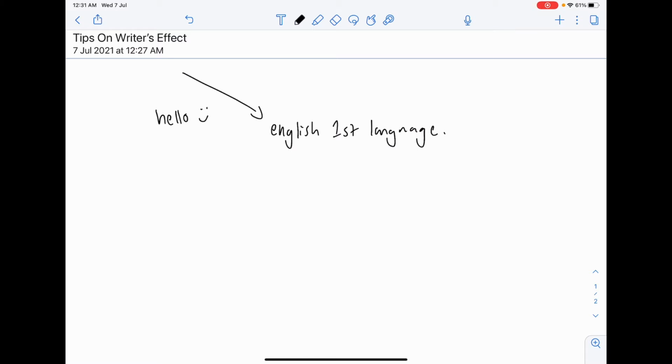Its requirements are that they'll give you a short passage, and you'll have to pick out phrases and analyze what these phrases mean. But honestly, the skills I will talk about in this particular video may be more applicable to English literature students, because while the writer's effect in the English first language paper requires knowledge of these skills as well, they wouldn't really need it to this level. You wouldn't have to describe it to this extent. Either way, watching this video would benefit both of these subjects.